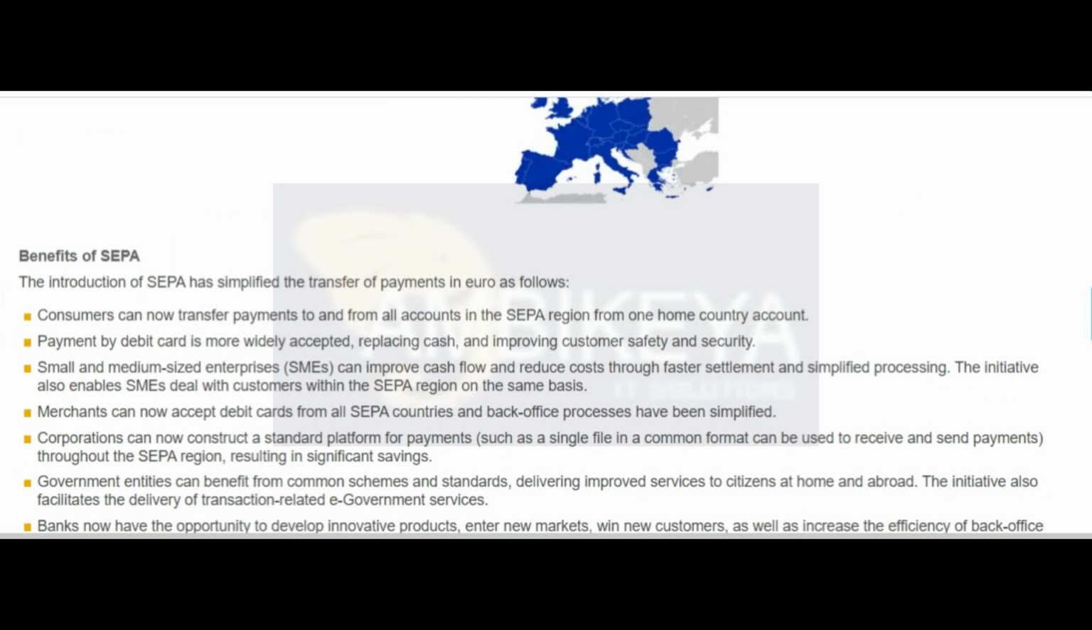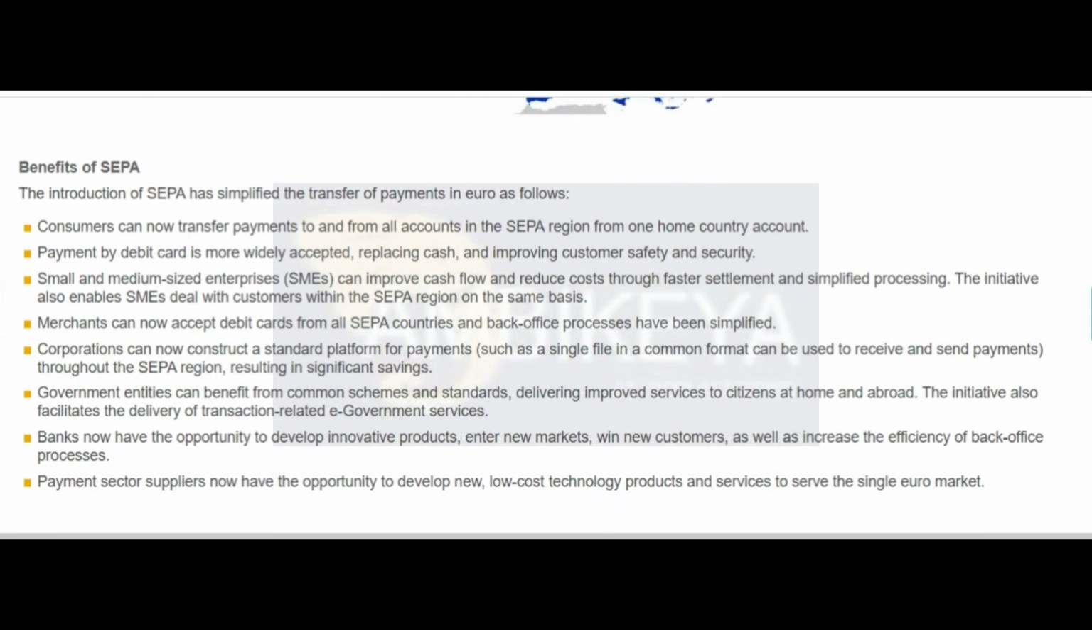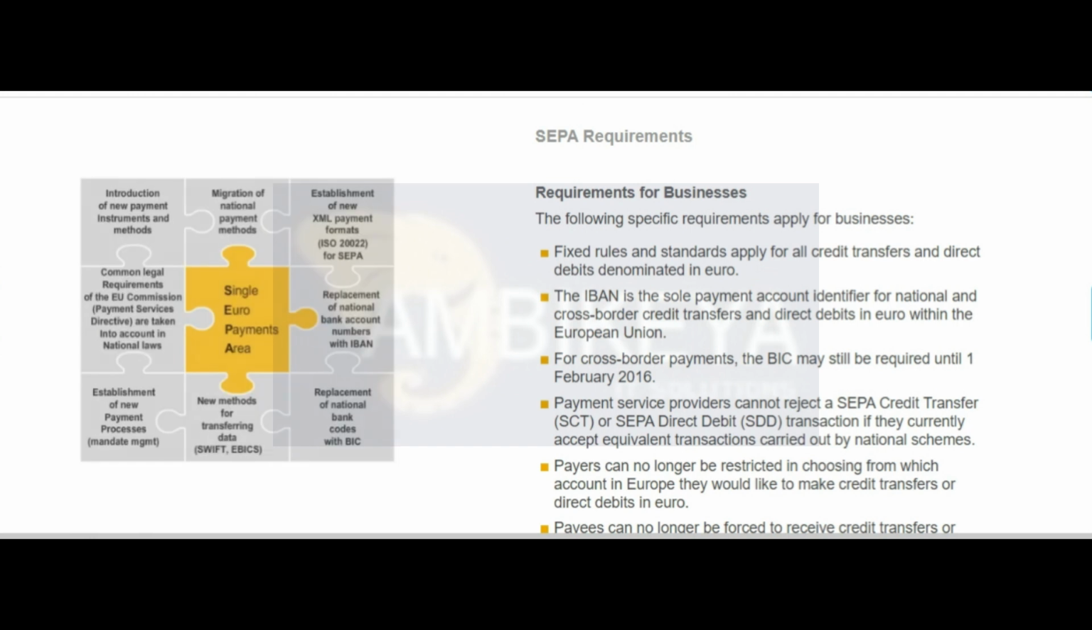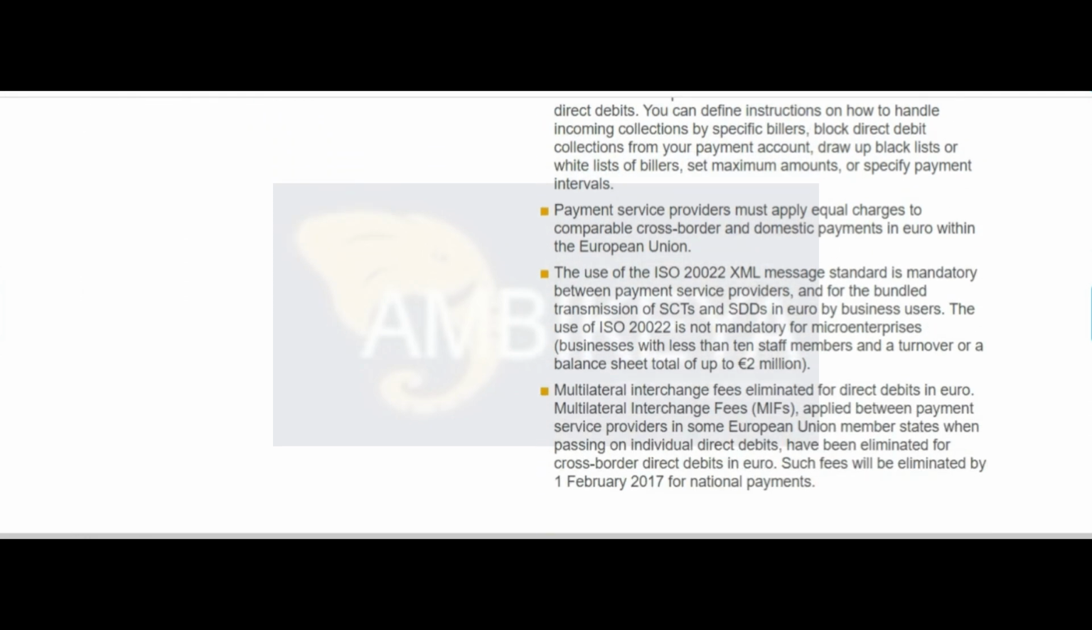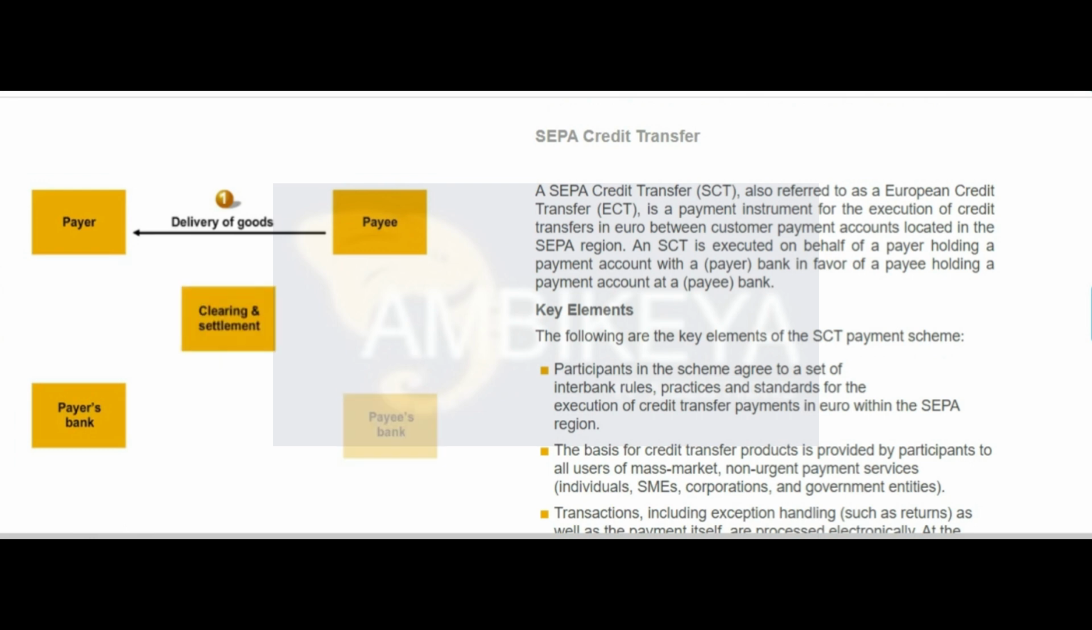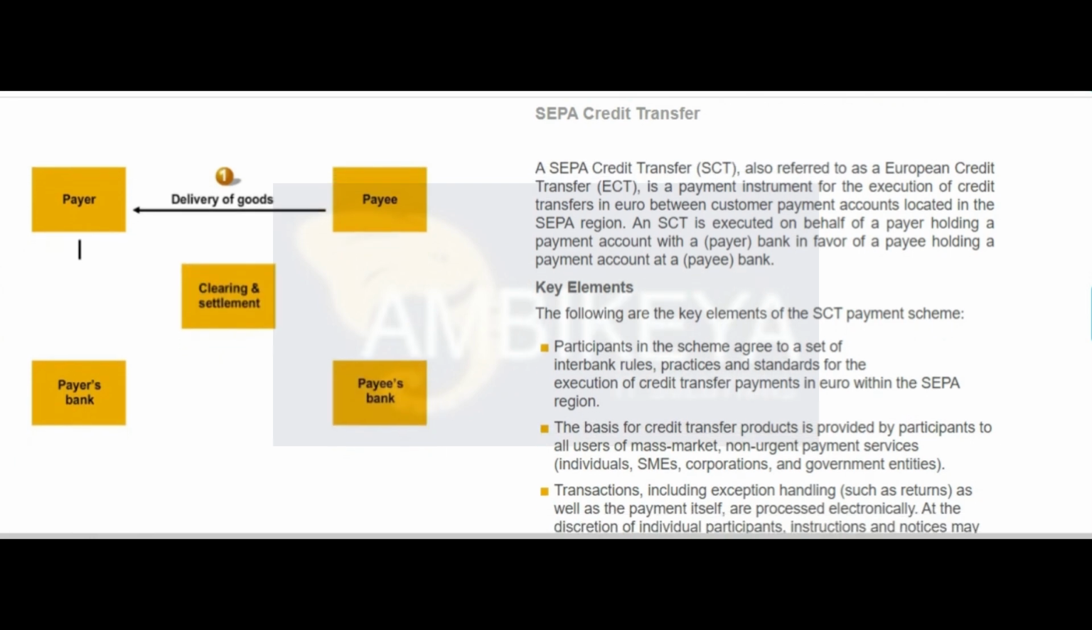In this lesson, we will look at the European Union's Single Euro Payments Area or SEPA initiative. The introduction of SEPA brings with it a large number of changes to the way everyday transactions are carried out. The participants in the scheme are bound together by the following relationships and